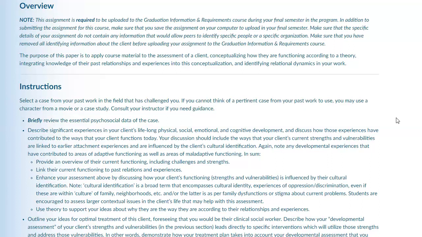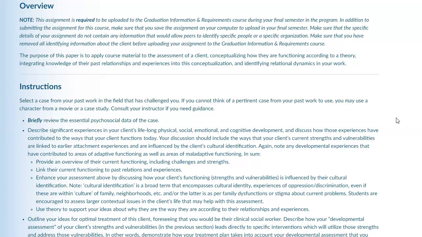And then you're going to be relating current functioning to past relations and experiences. So here you're looking at object relations theory, and some of the theories that we've learned about so far in this course. And you're going to be enhancing that assessment by discussing some strengths and vulnerabilities or the influences of